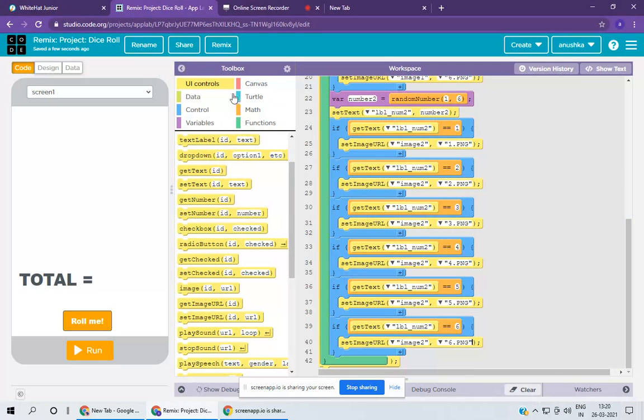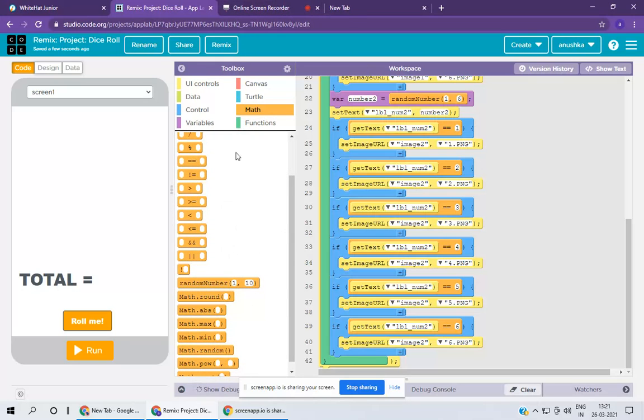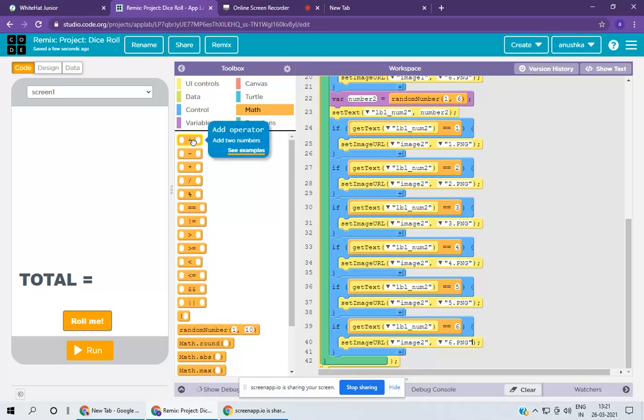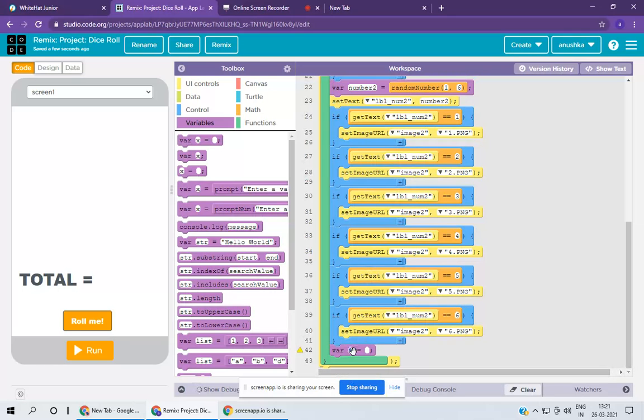So what I will take, we will go in math, then take the addition one. But where we will put this? We need one more variable. Declare a variable here on line 42. We need the variable's name also, so I will write here answer.